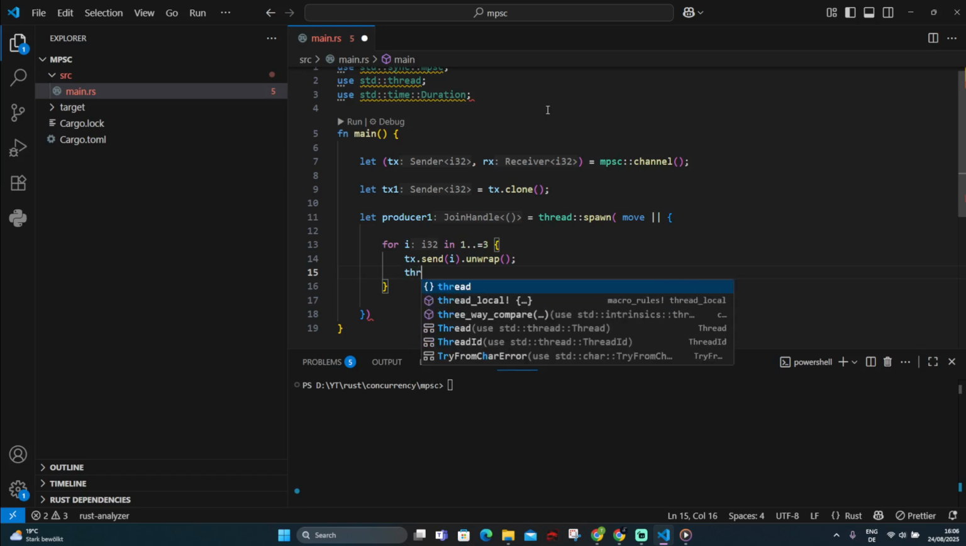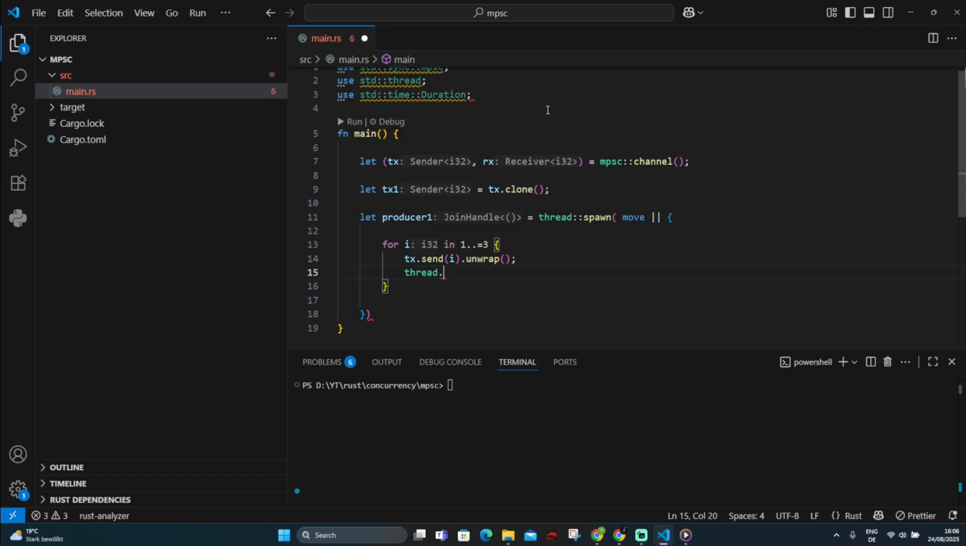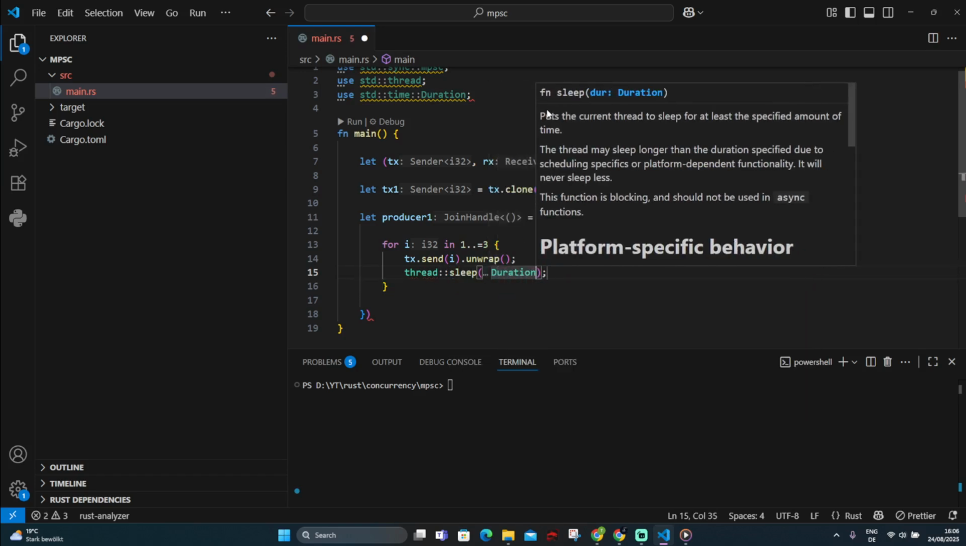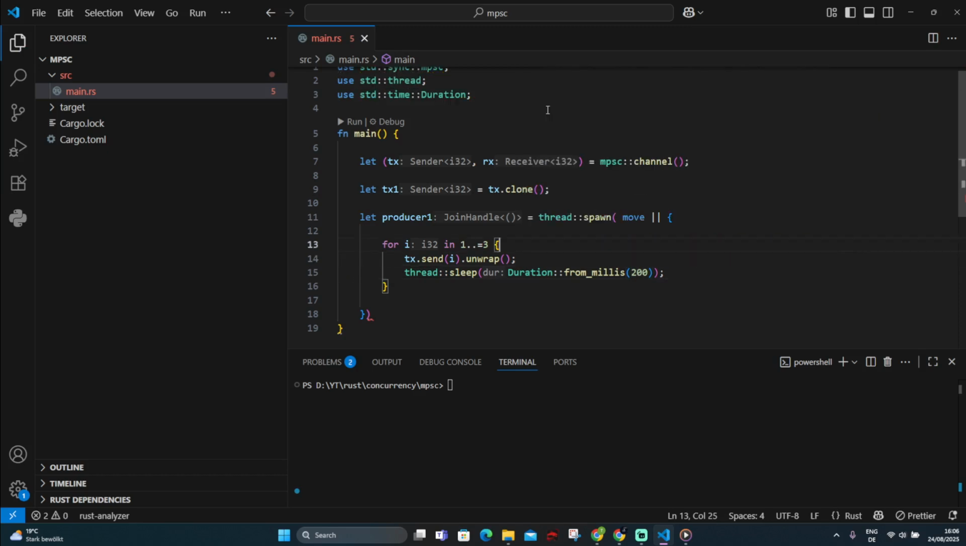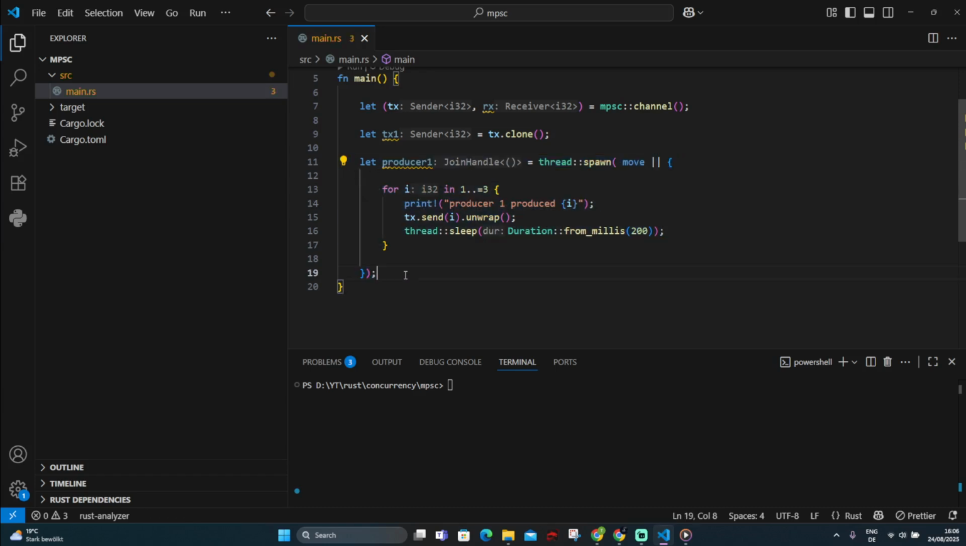Okay, and then we are going to use our thread::sleep, and Duration::from_millis, let's say 300 or let's say 200. Okay, and we are going to use our println function, writing producer i, and we know that this is the first producer, right? Producer 1 produced i. Perfect. Right, now we are going to do the same thing. We need a semicolon here, and then we are going to copy the whole thing,